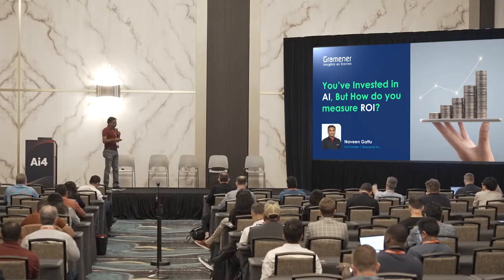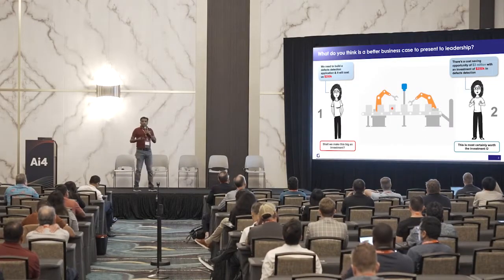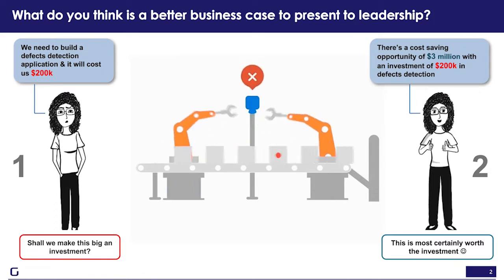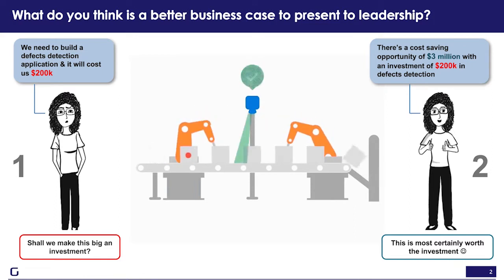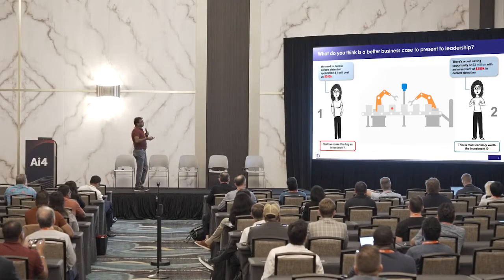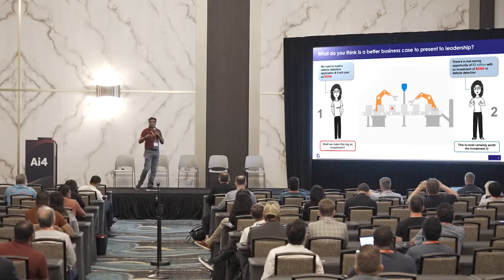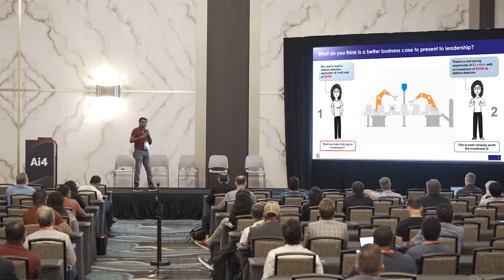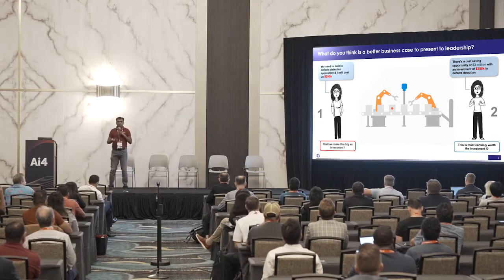So if I just jump in. These are the two situations we more often face. One, wherein we go to a business user, the CFO, and say, hey, I want to build a defect detection application. I need 200K for it. Yeah, please take it. That's not an answer we're going to get. But instead, if I say, I see an opportunity of 3 million, I want you to put 200K. Why not? The conversation is much easier. CFO is going to like it. And these are the situations where all of us want to be in and focus our energy towards.